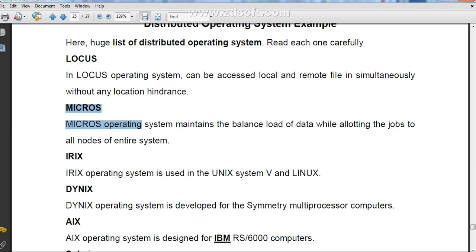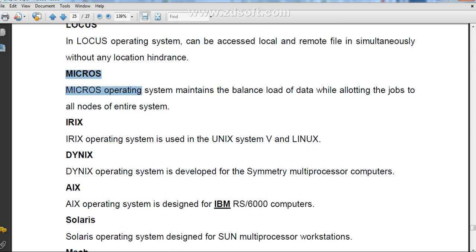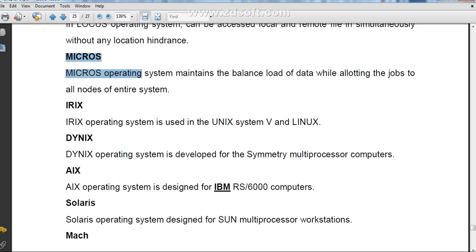Then third was Eric's, that is an operating system used in Unix System 5 and Linux. Then Dynix, that operating system is developed for the symmetry multiprocessor computer. We have seen this symmetry multiprocessor.